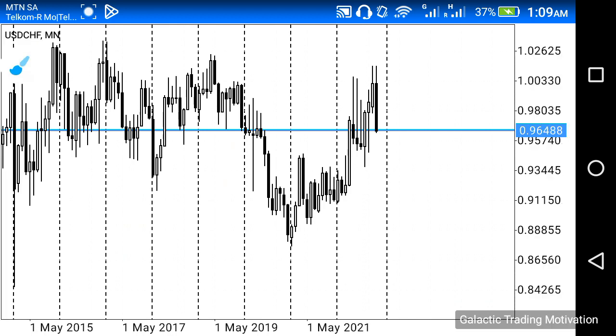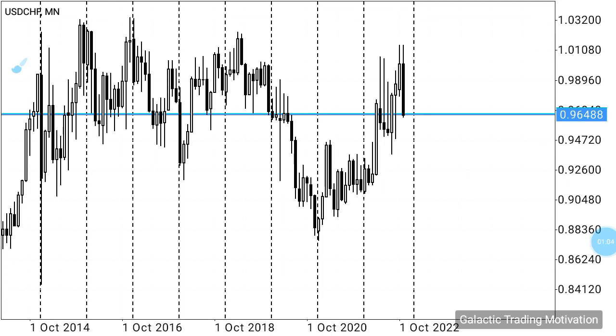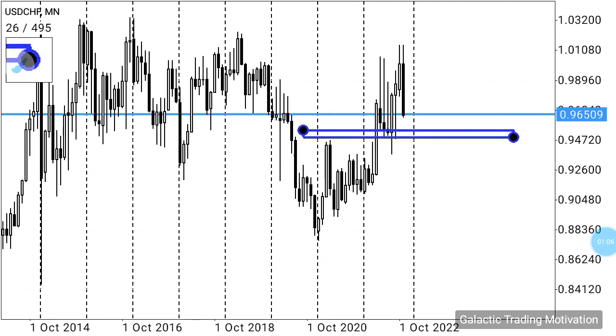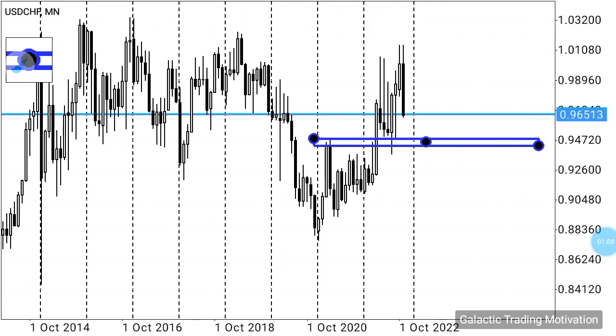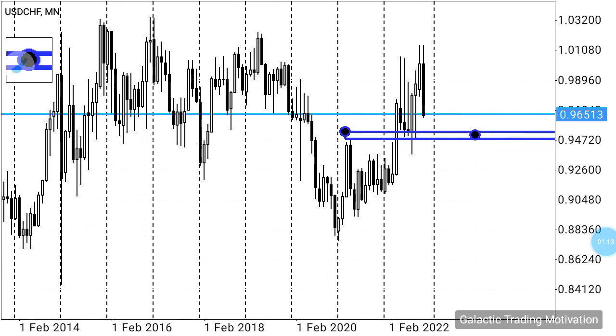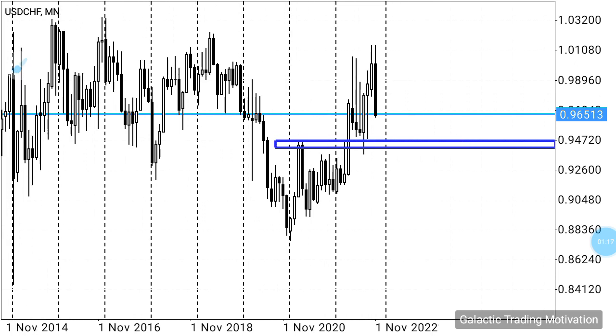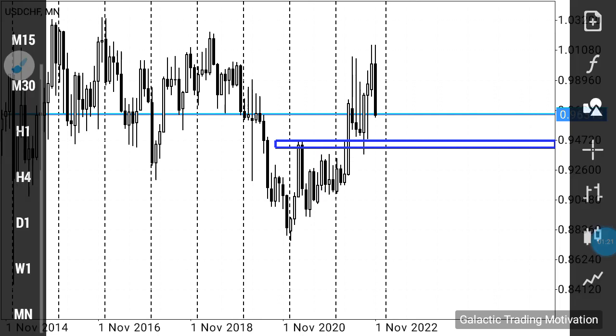So I'm just going to add a neckline to that inverted head and shoulders pattern. Just bear with me guys while I do so. So we can see that that's the neckline of, as I said, that inverted head and shoulders pattern. And then from here, what I'm going to do is head down to the weekly chart,